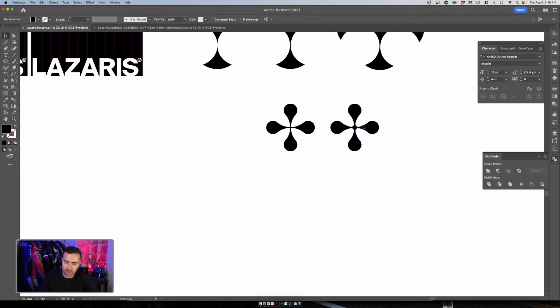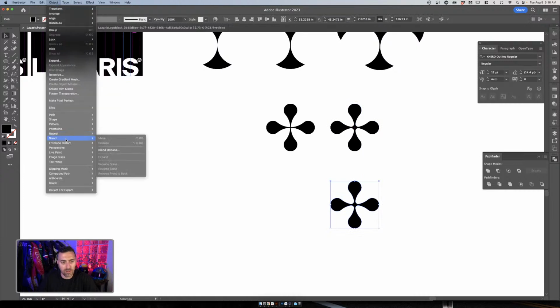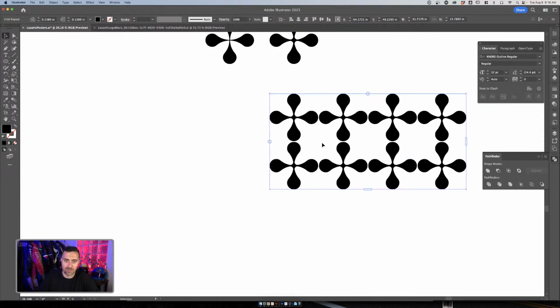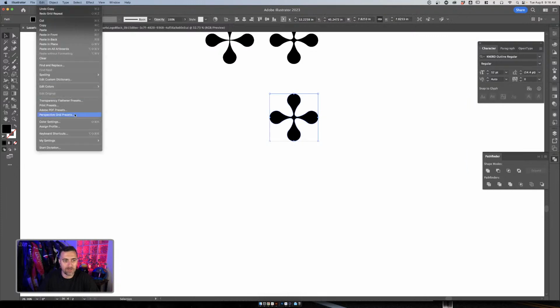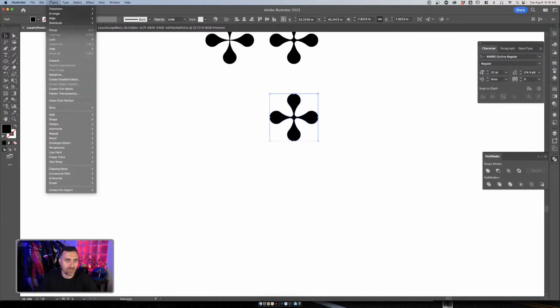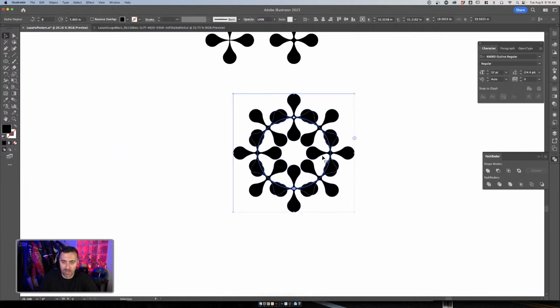So what we're going to do is just pull this, and then do the exact same thing. We're going to look for repeat, and then we can do it as a grid. The grid's not nearly as fun in this kind of format. So, all right, we're actually going to just go back into Object.